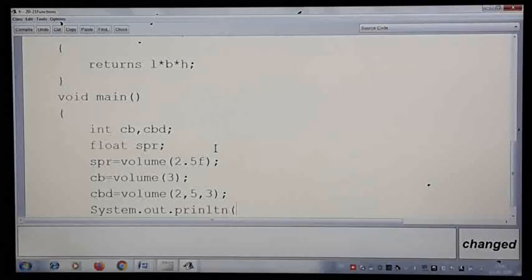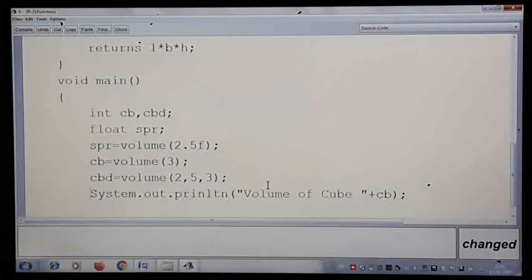Println, let me print here, volume of cube. Volume of cube is the second line of calling, but we already collected the answer. I can write the order in whichever order I want. I can display the output CB, that is where I collected. The second one, I collected the output in